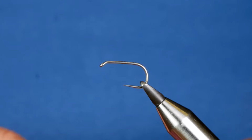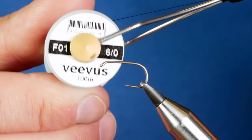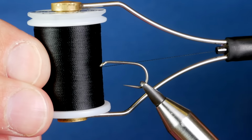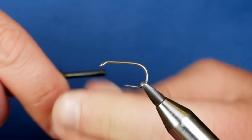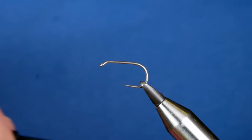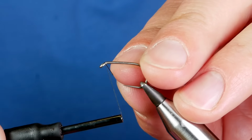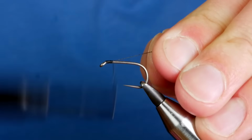So the thread I'm going to be using today is the Veevus. It's the F01. It's at 6/0, and as you can see it's a black thread. First thing I'm going to do is get some wax onto my thread and then rub my hands through it just to get rid of the excess. I'm going to catch in just behind the eye, and I'm going to run a bed of thread